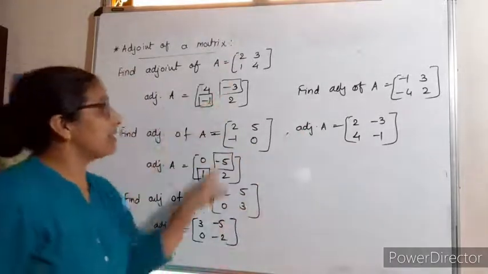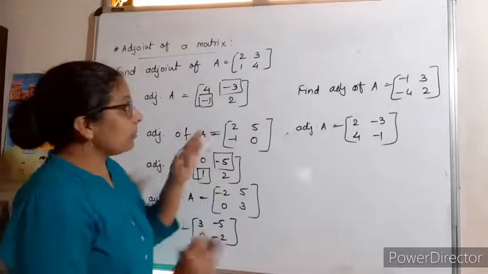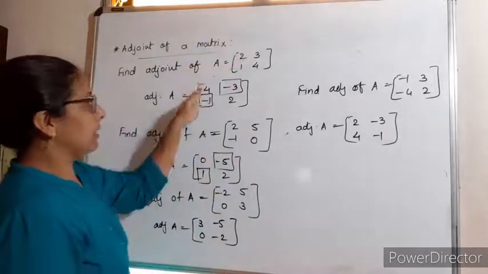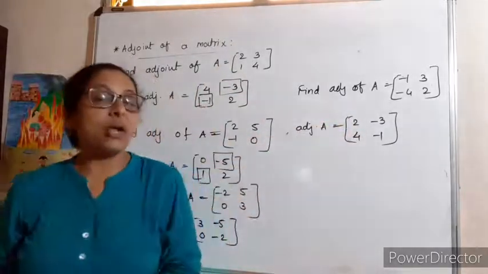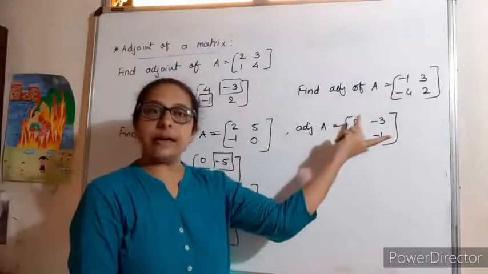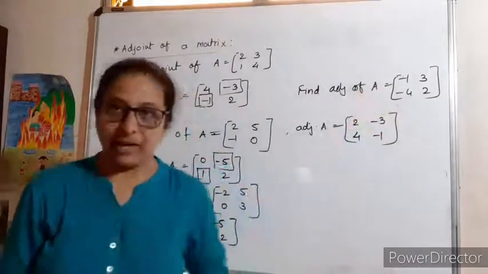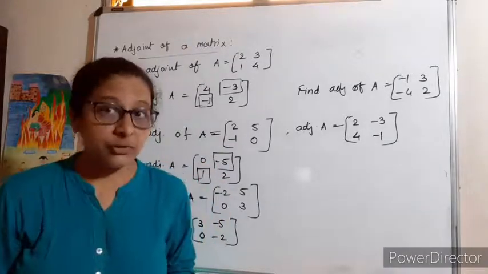जैसे हमने एक answer देख के बनाई है. This is not the exact method. Exact method तो यही है. You hide this right here. You hide this right here. Go through the row wise. Write down the column wise. पर 1 mark question है. Just interchange the principal diagonal and change the sign of secondary diagonal. That's it. So ये हो गया adjoint of 2 by 2 matrix.